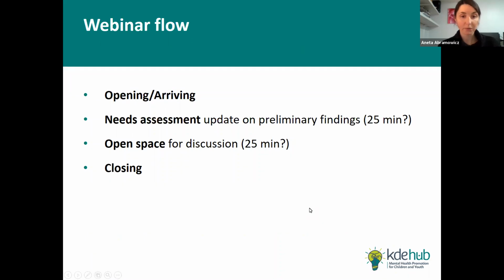And then after that, we'll move into the open space for project sharing and for discussion. We're proposing about 25 minutes for each of those sections, but with flexibility, which is indicated by those question marks, if the conversation takes a little longer or shorter. And then we'll close out with some brief reflections from the webinar.